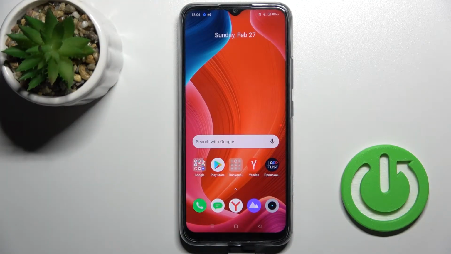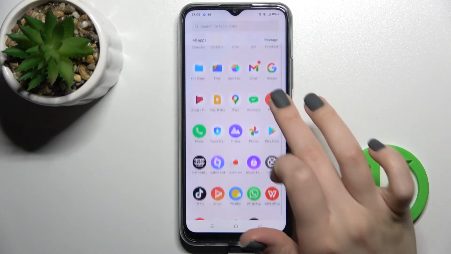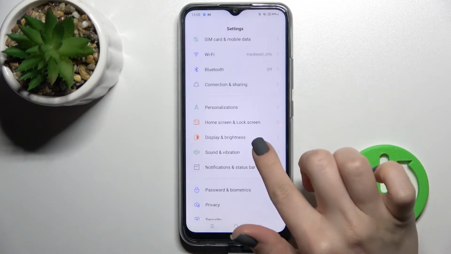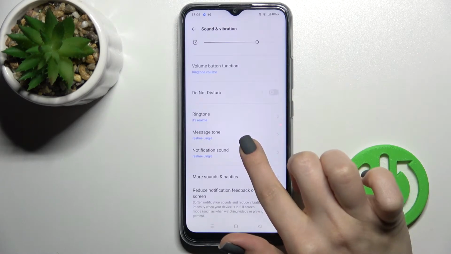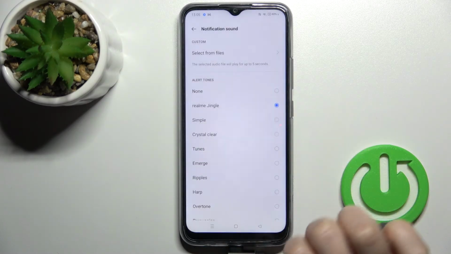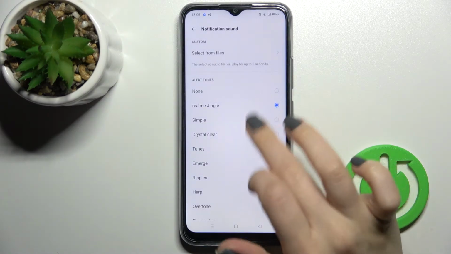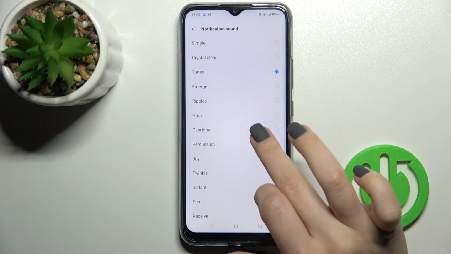Welcome, today in front of me is a Realme C25s, and I'll show you how to change your notification sound on this device. First, go into the Settings application and then tap Sounds and vibration. Now you'll see the notification sound option here. Tap there,